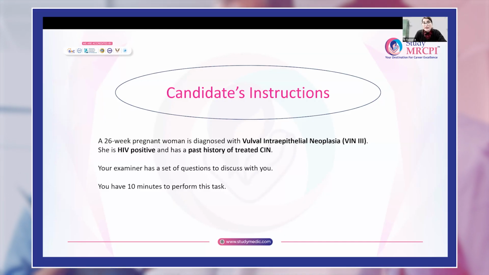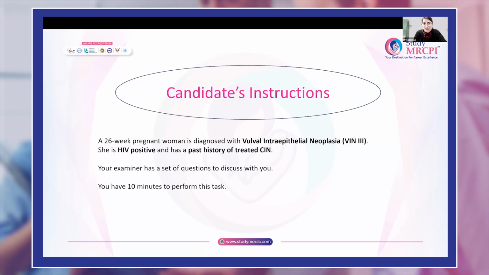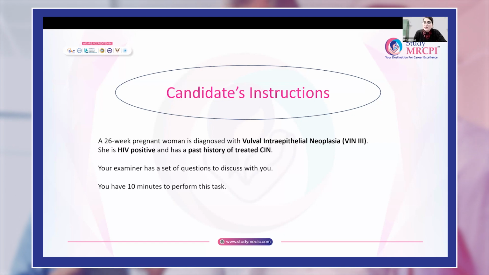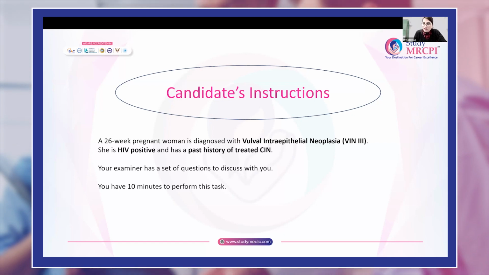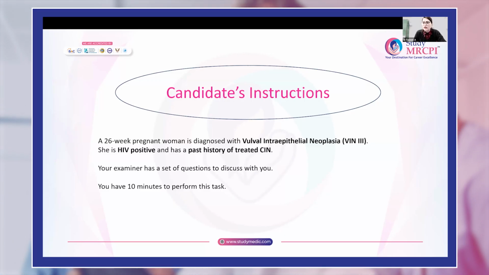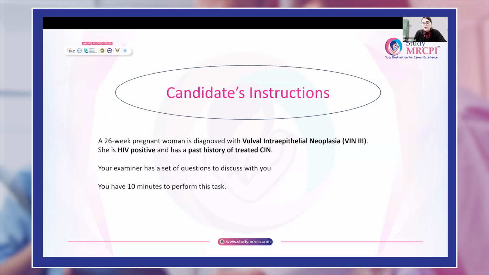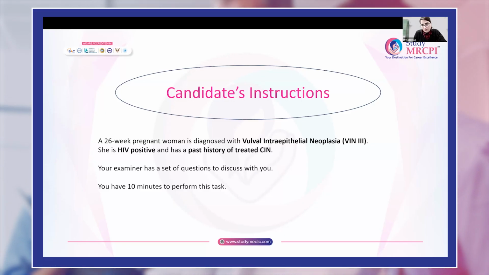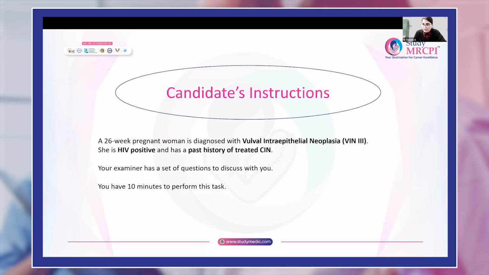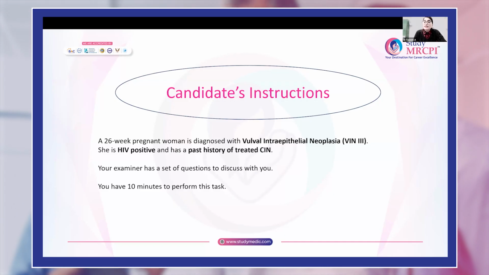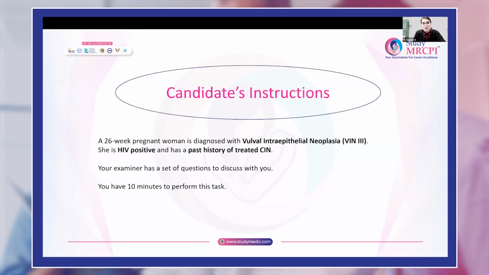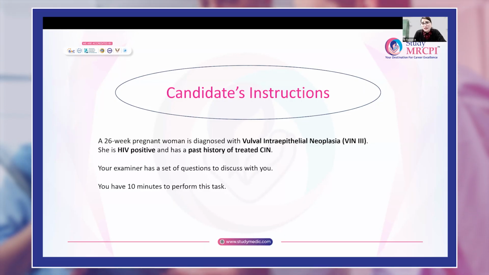Whether she has any other infection, as she was previously treated for cervical disease, and now also has HIV and this vulval lesion. What about the mental health of the patient, how she is feeling, and how is the support at home? In this particular patient her sexual history is also very important. I will ask sensitively how many sexual partners she has, whether she was treated for any sexually transmitted infections in the past, and about the follow-up. Also, examination is important in this patient.